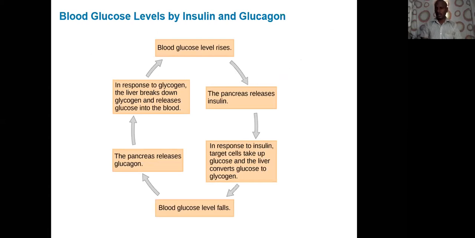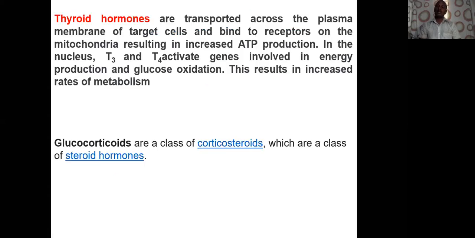One is insulin, another one is glucagon, another one is thyroid hormone. Thyroid hormone is involved in the basal metabolic rate, it regulates the basal metabolic rate, and here it increases the glucose metabolism to increase the ATP production, that is the energy required for us. And then the next one is